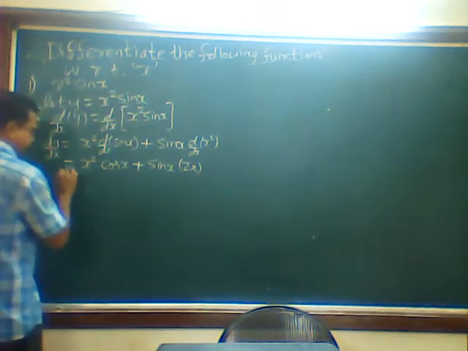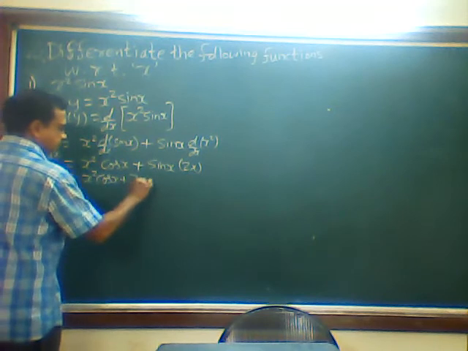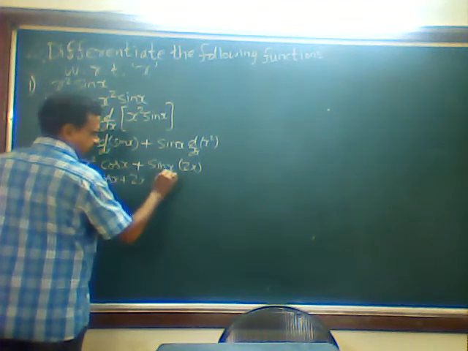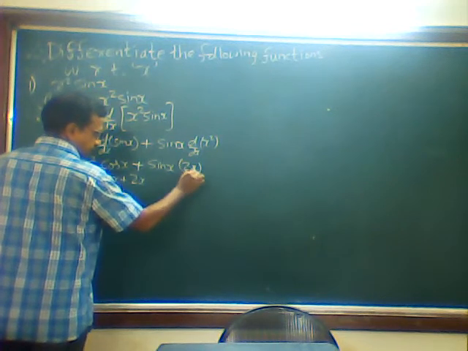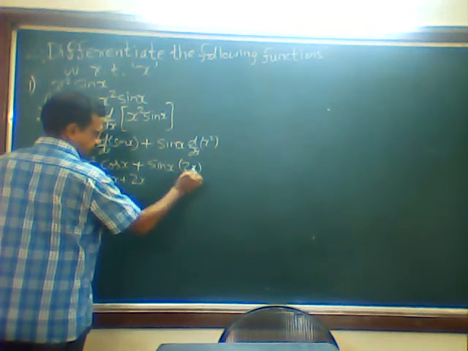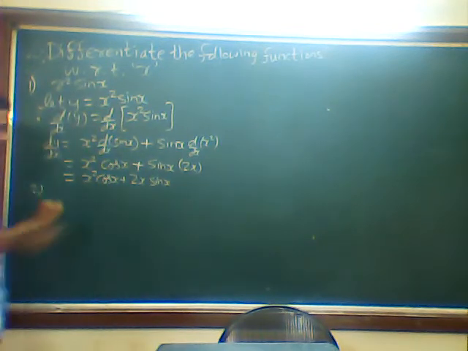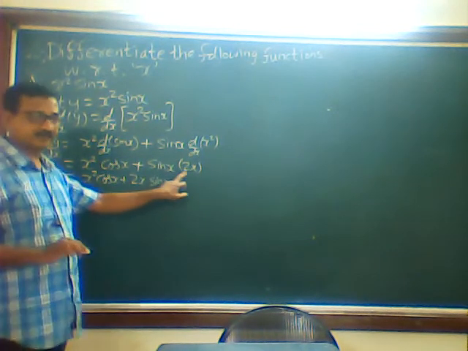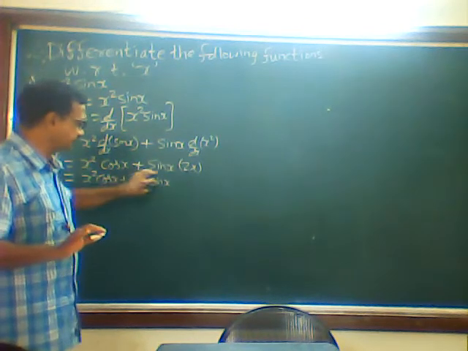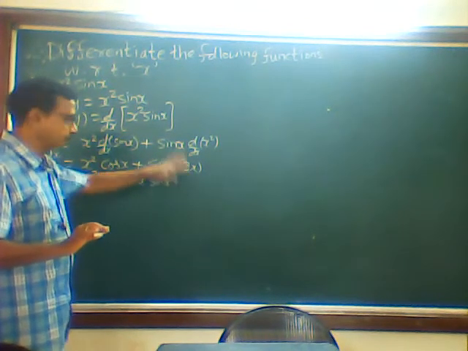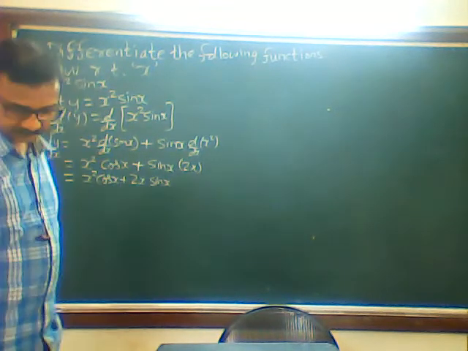So if you want we can rewrite it as x square cos x plus we will multiply 2x into sin x. Don't multiply it inside: sin x into 2x is not sin 2x square. It is wrong. Some students write sin x into 2x as sin 2x square, which is wrong. This is different, you have to multiply outside, not inside. Okay? So this was a very simple problem.